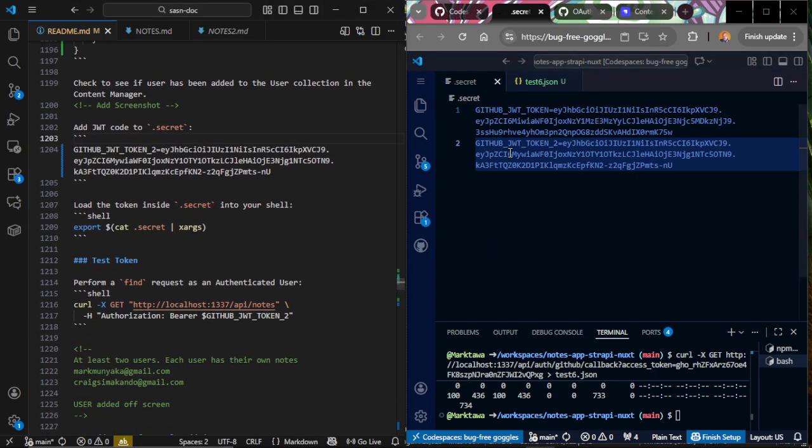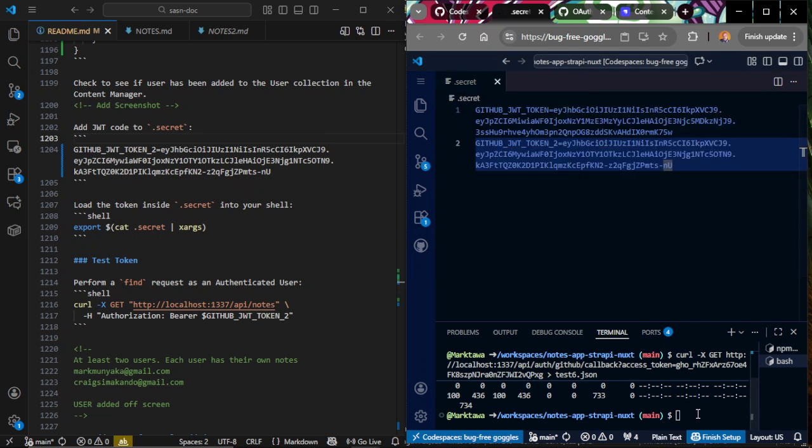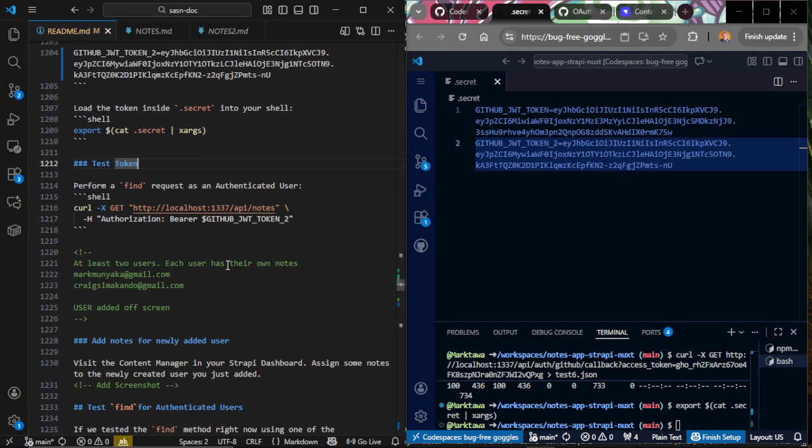So next we'll export the secrets so that these tokens are part of the shell's environment variables. So copy and export the contents of that file. And yes, so next we want to test the token by performing a find request. Right, so this just confirms that the token works, and we'll perform a find request,